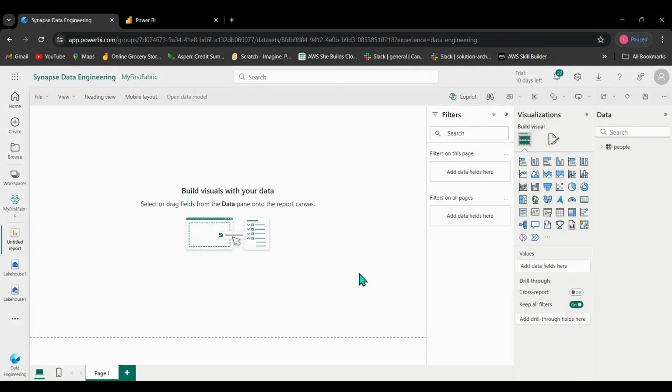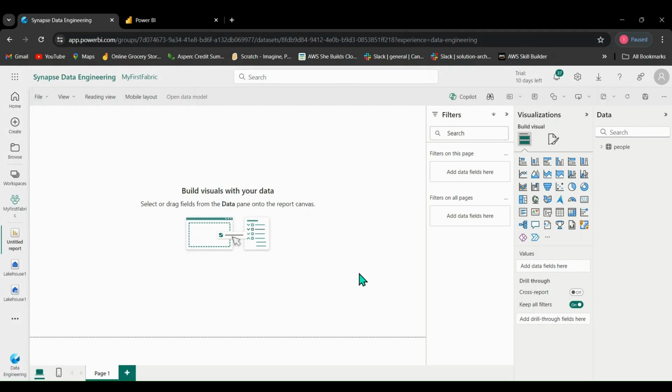I bet most of you will be familiar with this screen, Power BI. Remember when we talked about Fabric having all the other products, Power BI, Synapse Analytics, and tools for data scientists, everyone on one platform, all collaborating. So this is the reporting side of